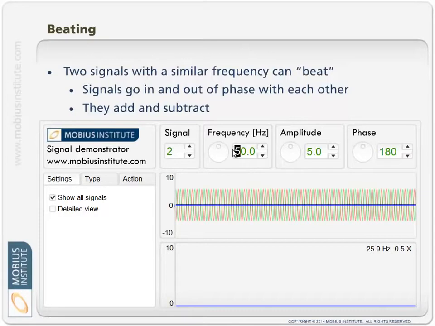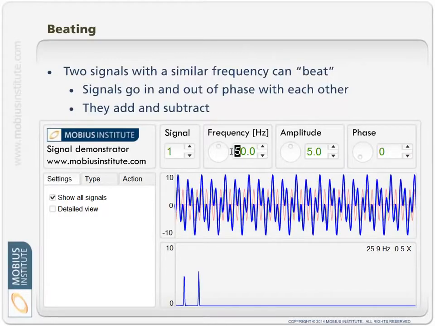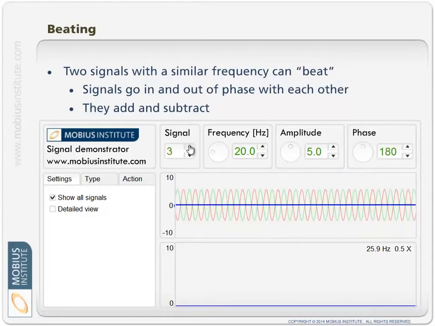Now it'll be a bit easier if I temporarily drop the two signal frequencies down. And you can see it very clearly here. We've got the green signal rising, falling, the red signal rising, falling, but out of phase with each other, and they cancel each other out. When there is 0 phase difference between the two of them,